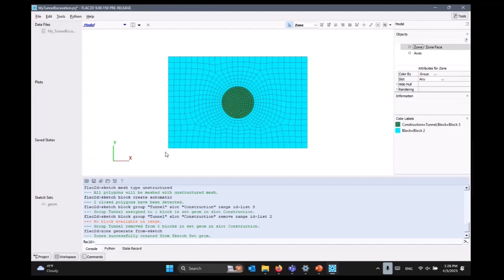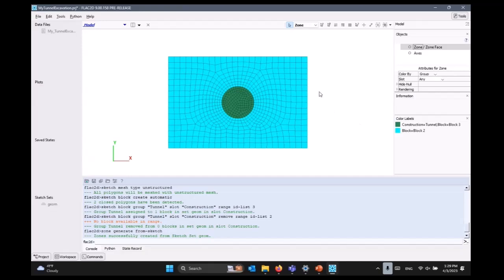Let's assign groups to the sides of this model, so we can easily say apply roller boundary conditions on right and left side and fix the bottom boundary. Instead of identifying it by coordinates, we're just gonna call left boundary west, right boundary east, bottom boundary south, top boundary north. It's actually coming from 3D, where it's hard to identify what is right, what is left. So we use the same